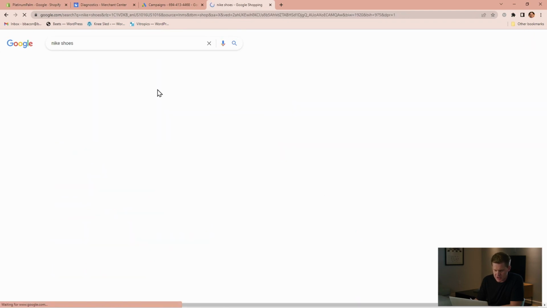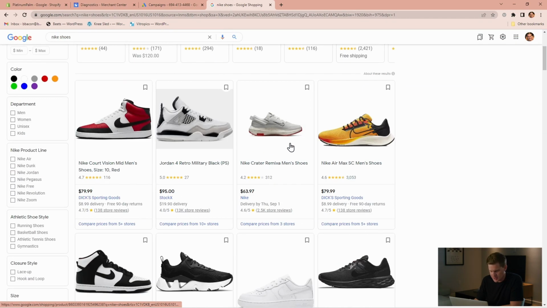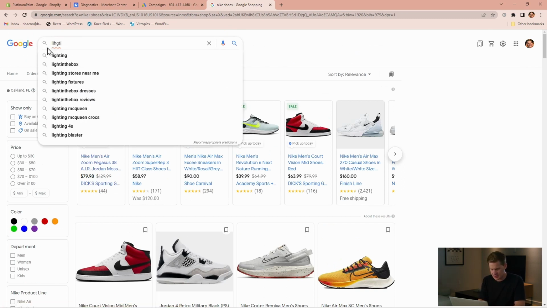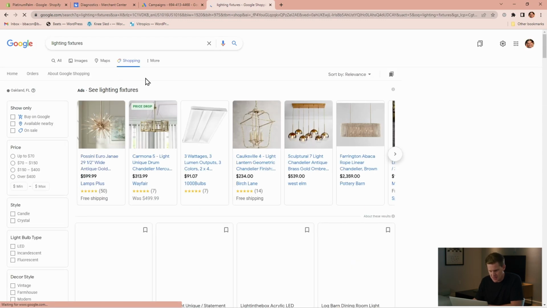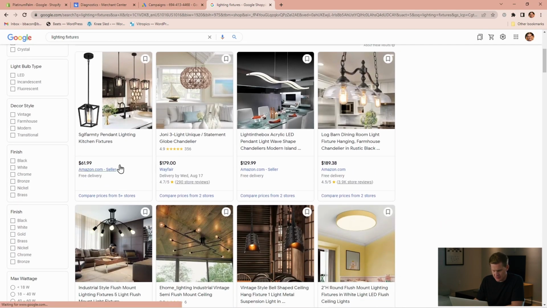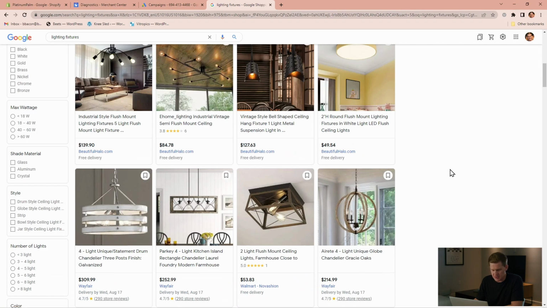But you can also go to the shopping tab and you can find all kinds of results based on these Nike shoes. So I can do the same for lighting fixtures. We'll search that word, lighting fixtures, in Google Shopping. And so I've got all kinds of different options here from places that I recognize: Amazon, Wayfair, Home Depot's on here. And so the reason why this is the most impactful form of advertising is this is cost per click,